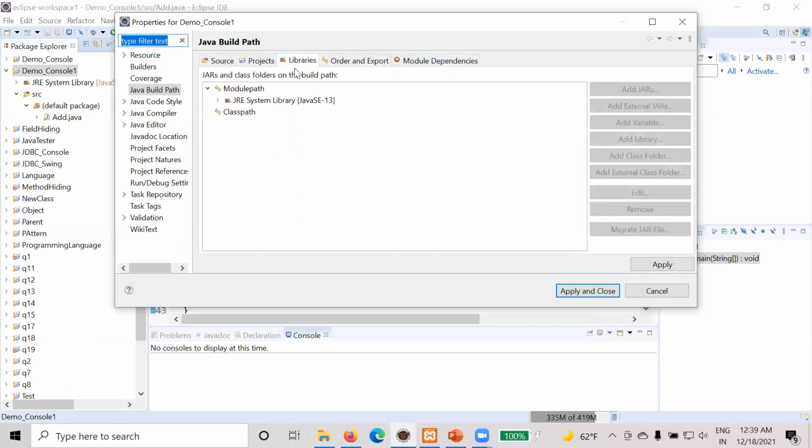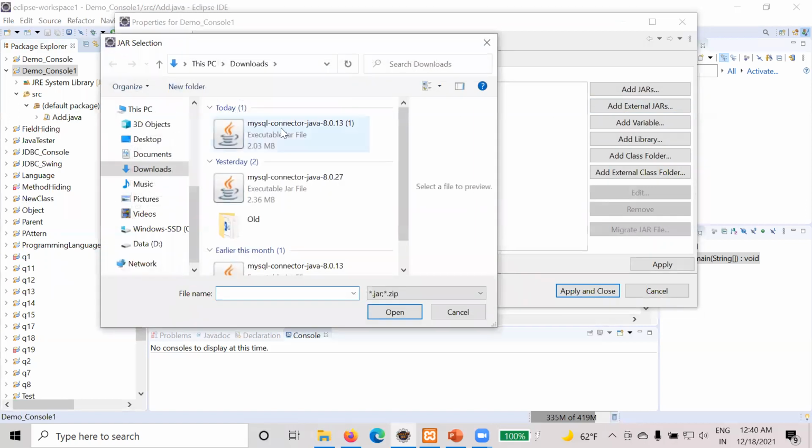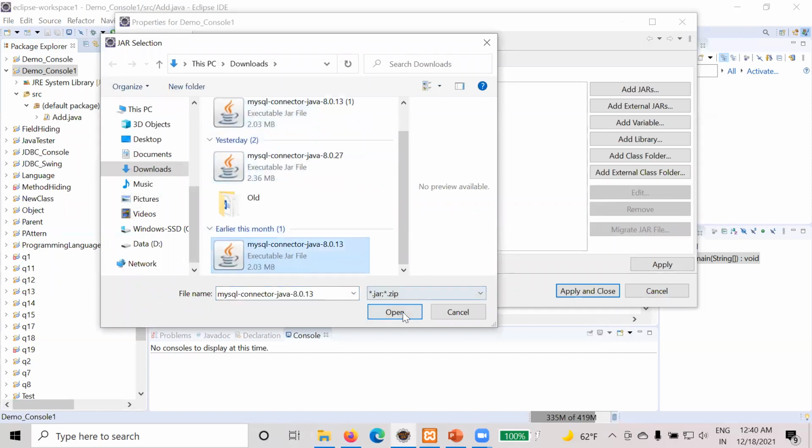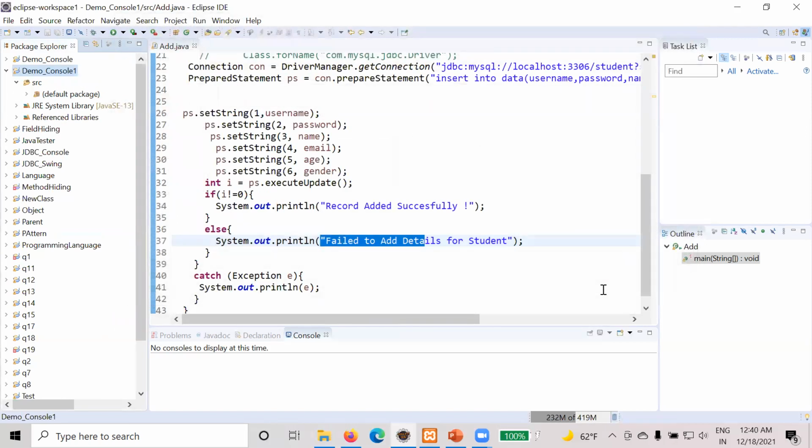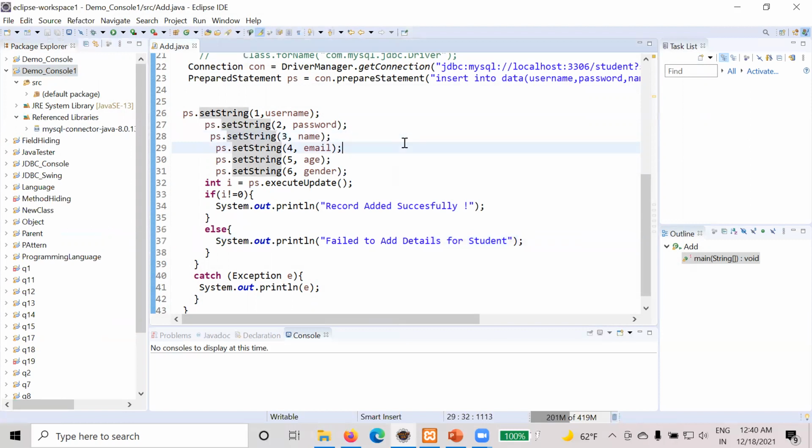Out of that, go to Libraries, select the module path, then click add external JARs, and select that MySQL connector and open. It will display in this module path, and then apply and close. Fine. After that, this referenced library is now created. Now we'll save this.